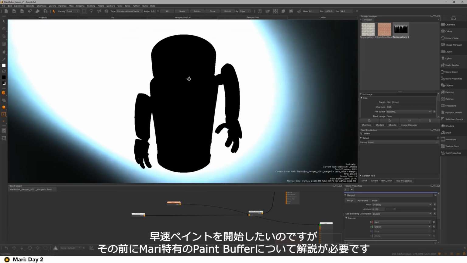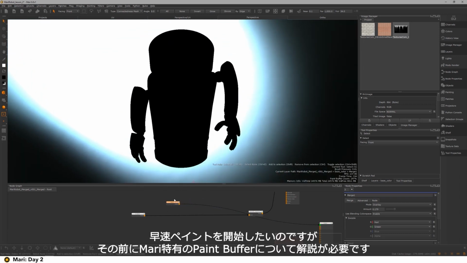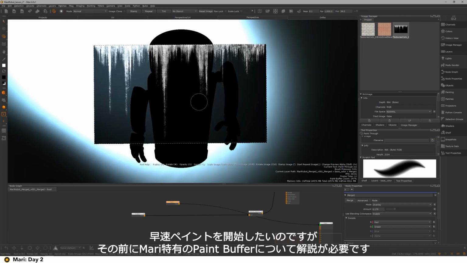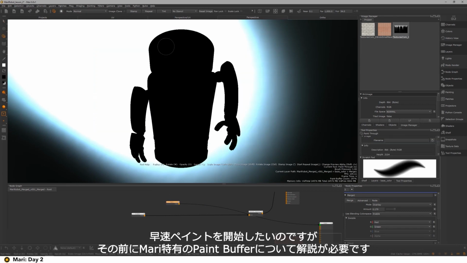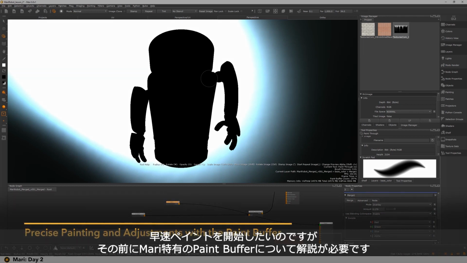But yeah, for now I'll just line it up to the light. So I want to paint this image in. I'm just going to drag that again. But you can see if I start painting, nothing's actually happening. Well, why is that? So we've got to discuss the paint buffer now, which is probably the most complex topic